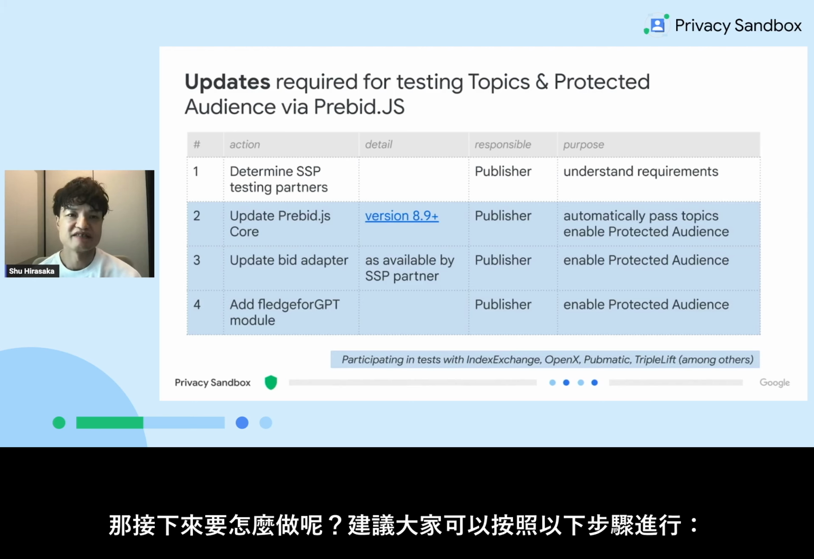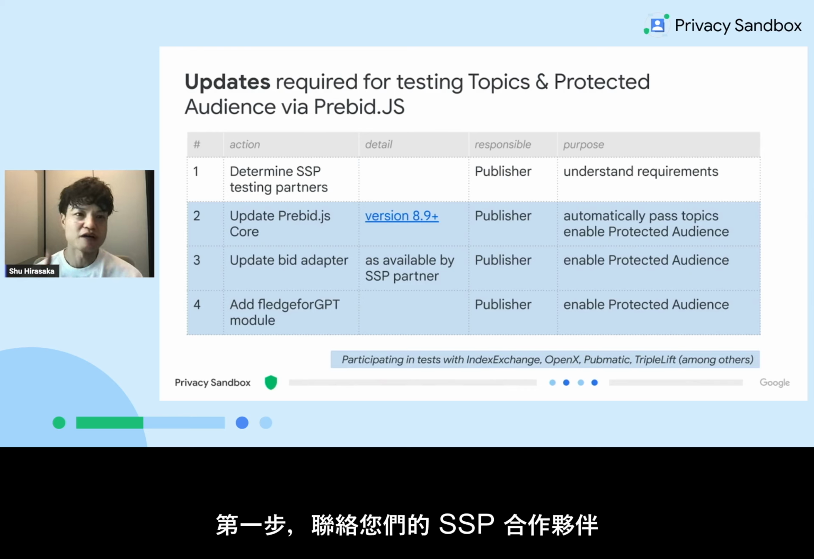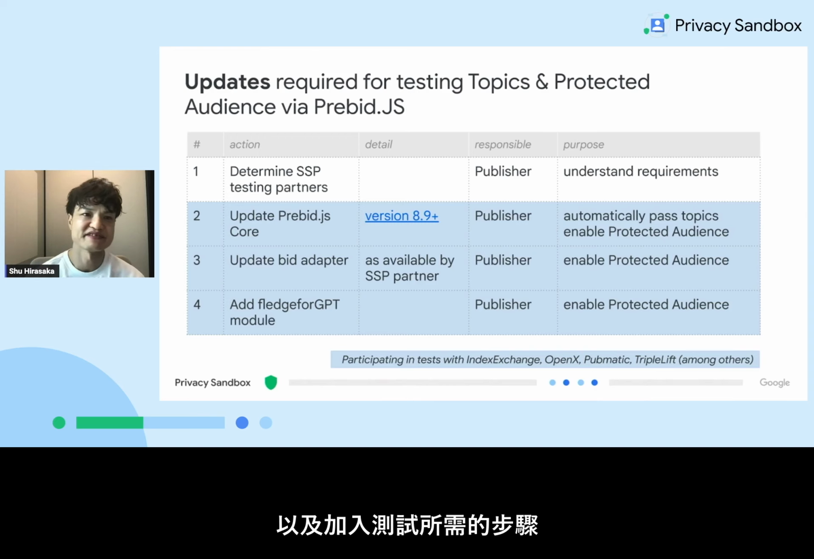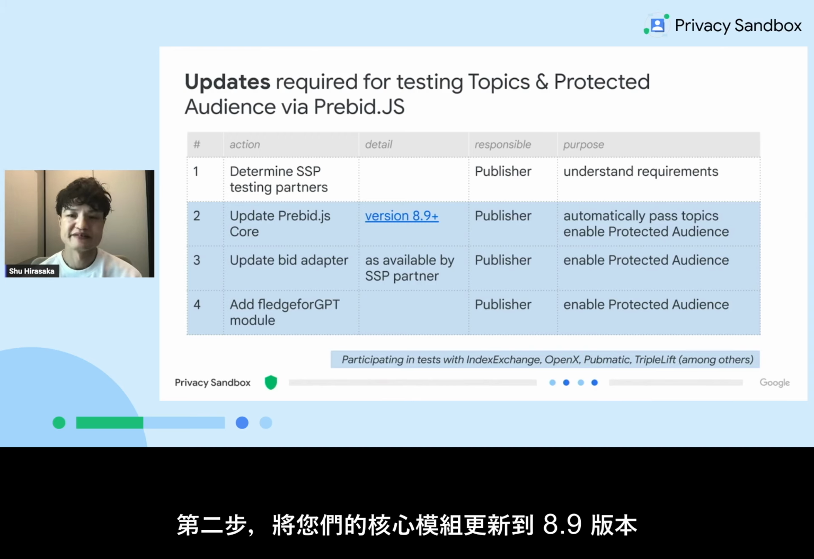So looking ahead, it is advisable to follow these steps. Step number 1, contact your SSPs to understand in more detail their testing plans and the necessary steps to be included in their testing. Step number 2,